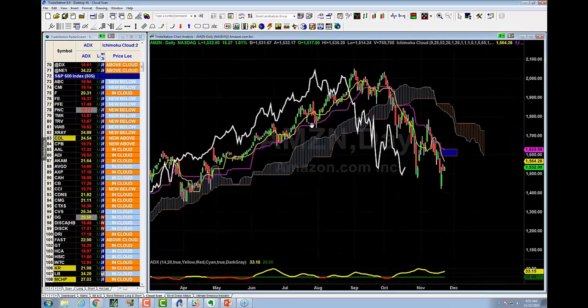Now, here's the thing. You see how it went from up to a down move? Notice how the cloud was up and it went from this color to that color. When it shifted over right here, that was like, uh-oh, party's over. Shoo, and then it drops like a stone.